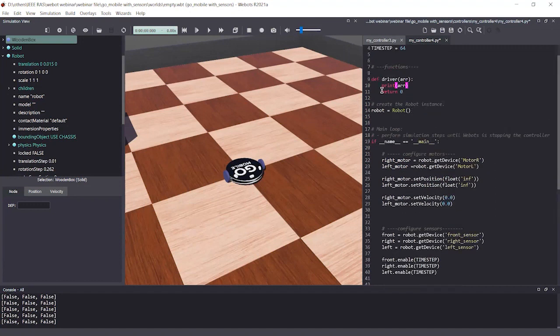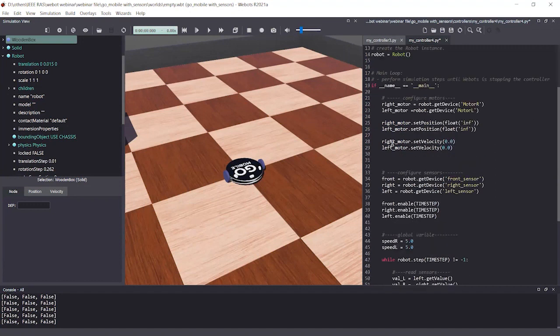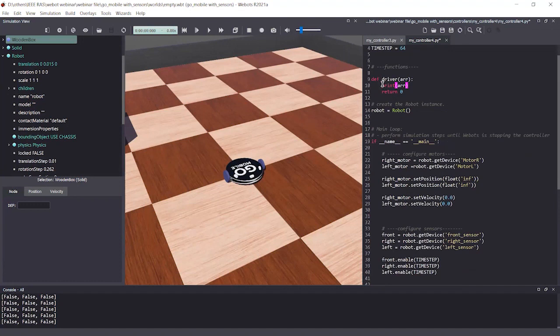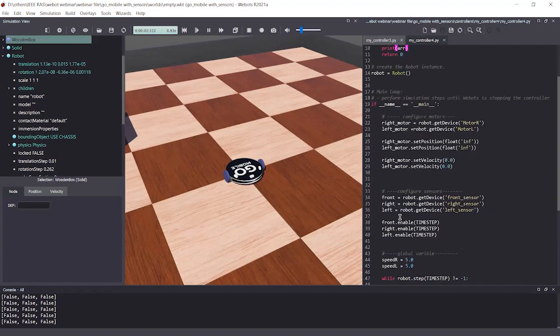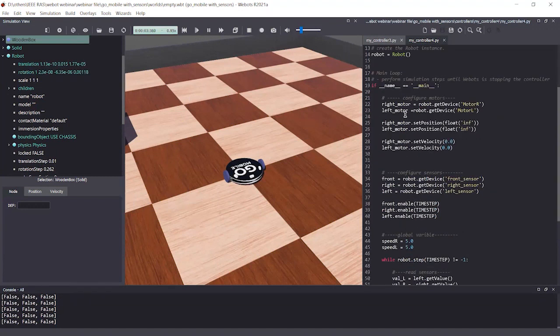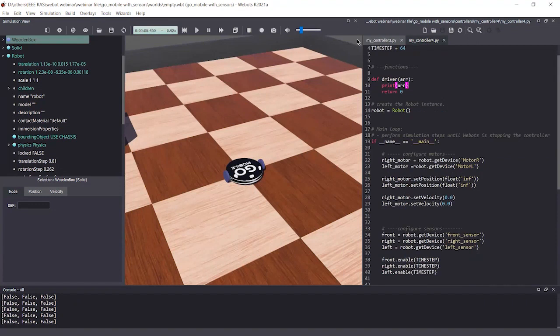I'm ordering this driver: when getting the array, print the array. So let's run this and see. Similarly, the driver gets access to this wall array, and he is printing these values. So now what I'm going to do is,